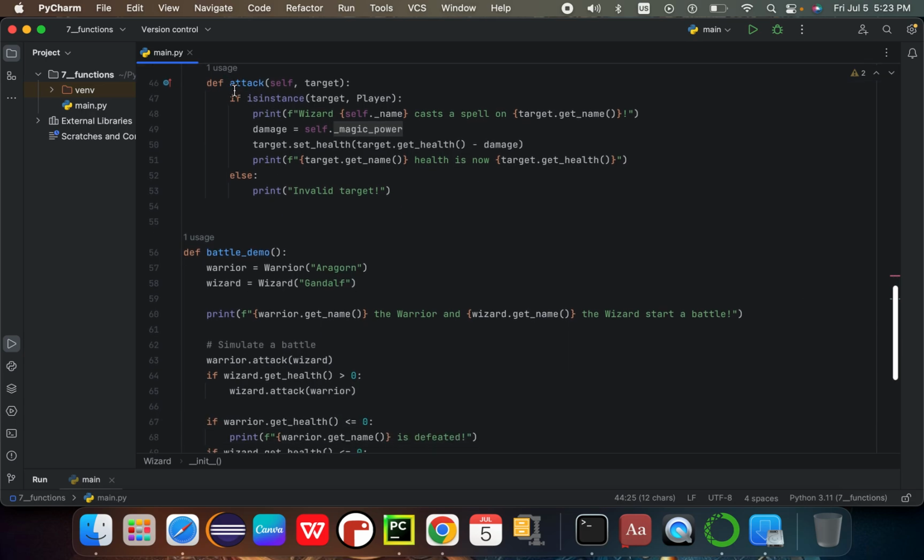Here I am overriding the attack method from Player, so with the target parameter again, it says if target is an instance of the Player class, then print this statement which says a Wizard, of course the name, casts a spell on target.get_name, and it will get the exact name and print it out. The damage will be assigned to magic power, and target.set_health, and on the target the health which will be